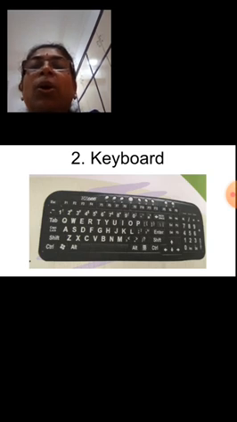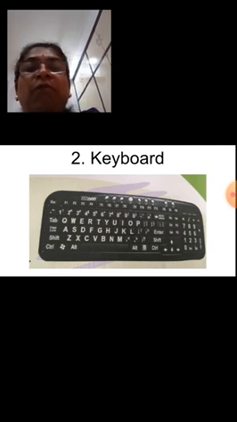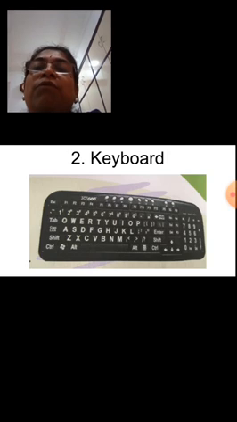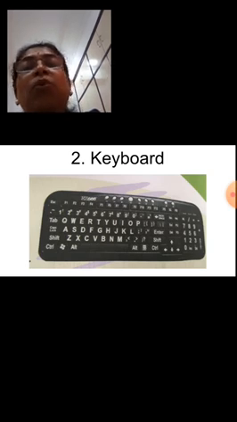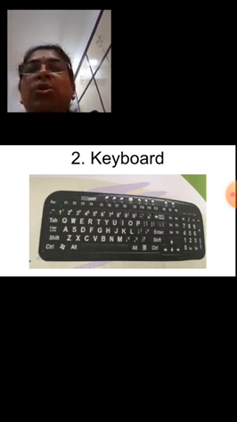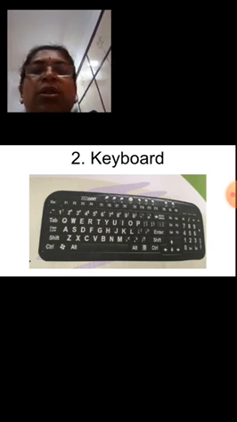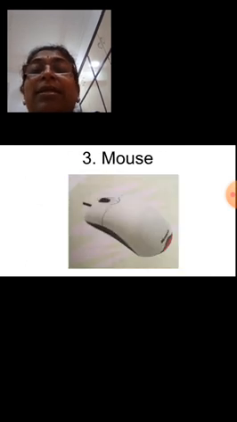Now, suppose we want to move our cursor up, down, left, or right. Those keys are also available on the keyboard. Like this, altogether it has 104 keys. Understood?